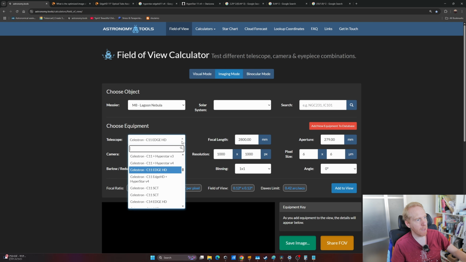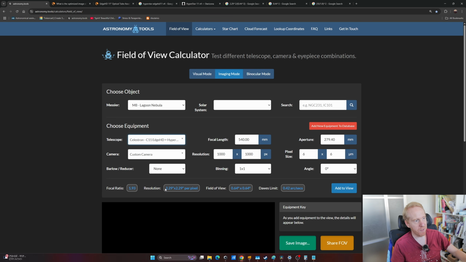And then if we look at the Edge HD plus the Hyperstar, we see 2.29 arc seconds. And so we can take the square of this figure divided by the square of the other figure, and we actually get a ratio of 27. And we can see that effectively a pixel on your camera placed within the image circle of your Edge HD 11 within a given amount of time, that pixel will see roughly 27 times more photons than without Hyperstar,